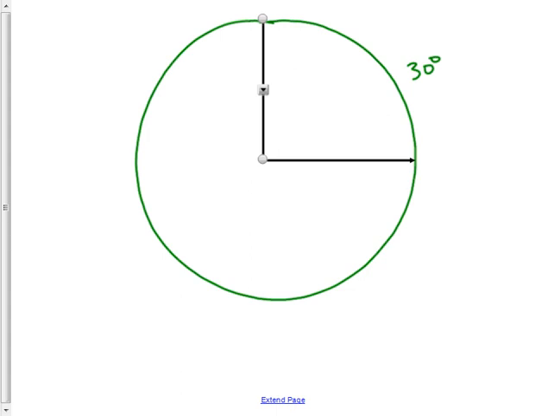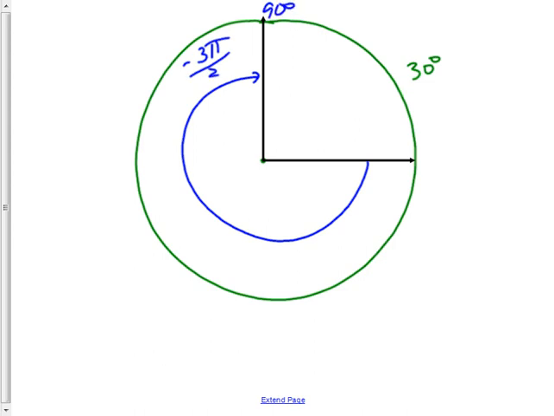Close. We want to go this way, 3π/2, so -3π/2 is coterminal to 90 degrees, also known as pi over 2. So negative 3 pi over 2 and pi over 2 are in the same spot. Just a different way to get there. I could even go the same way, but go further. So instead of